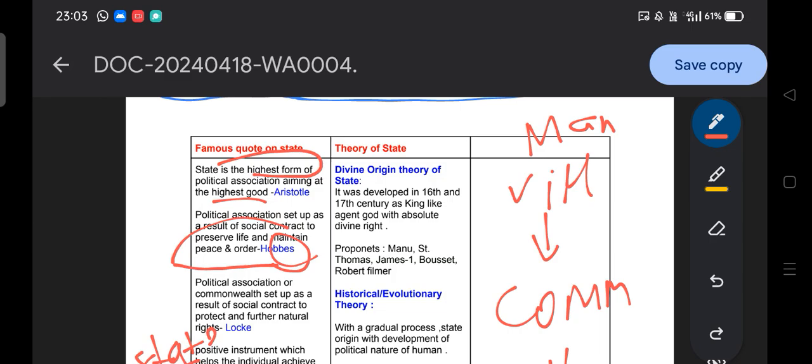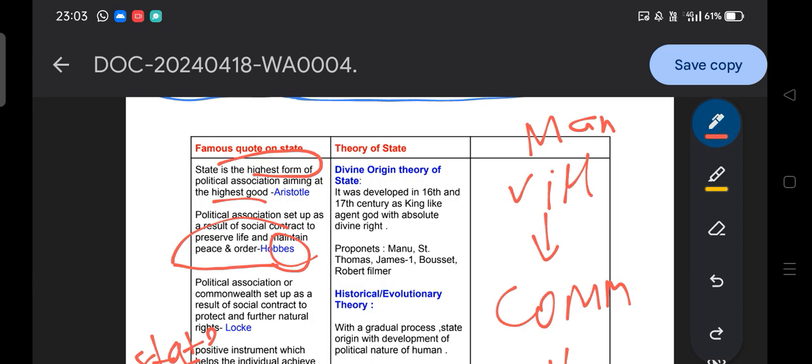Different theories and ideologies comment on the state, and there are a few important statements with respect to the state which I feel are very important for the examination. You can definitely get one question in our upcoming examination, so do practice this question, very very important. If this is clear to you, then I will switch to the theory of the state.